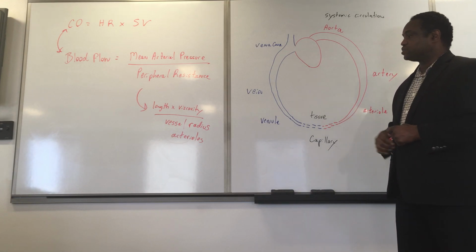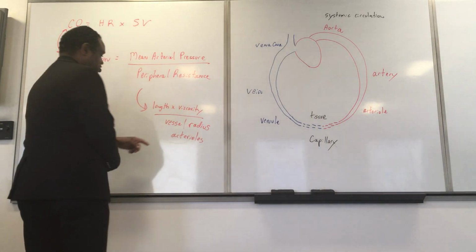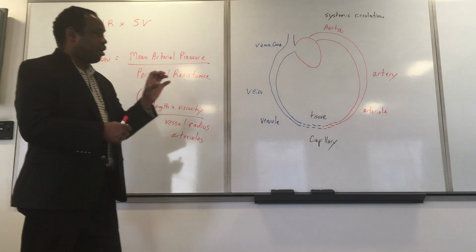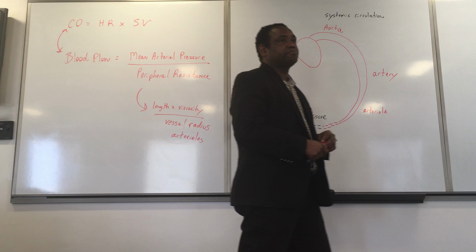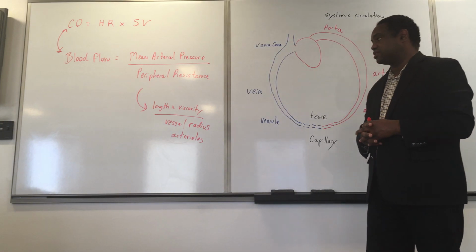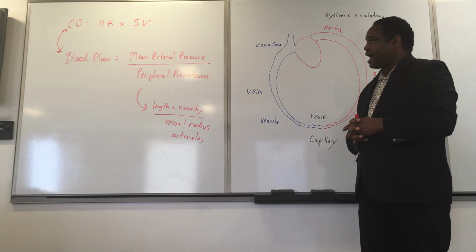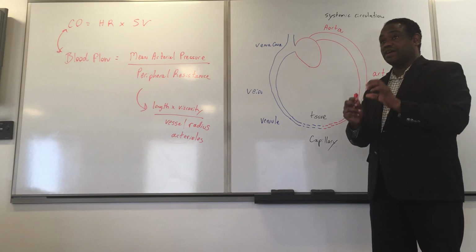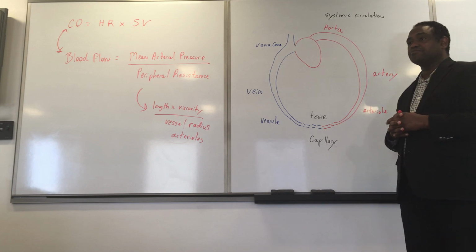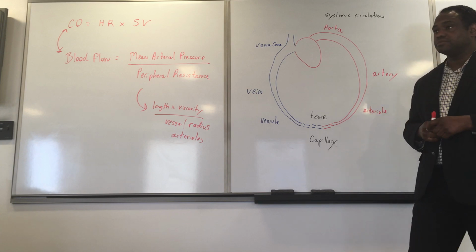That's what's going to change things as it relates to blood flow and pressure. The walls of the arteriole have this smooth muscle that changes a lot of things. So we're going to look at and understand how the vessel radius of arterioles, don't forget we're talking about arterioles here, changes your pressure. So we'll talk about